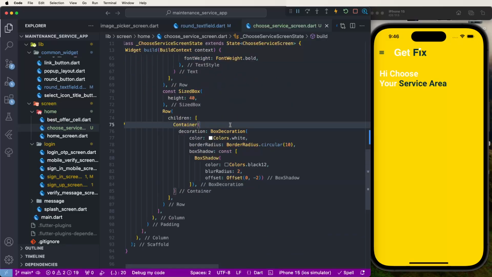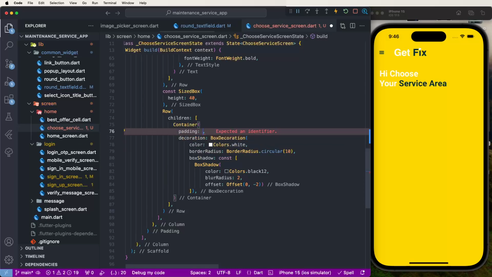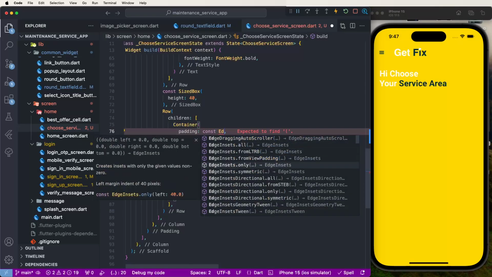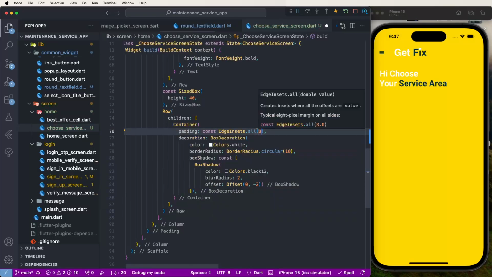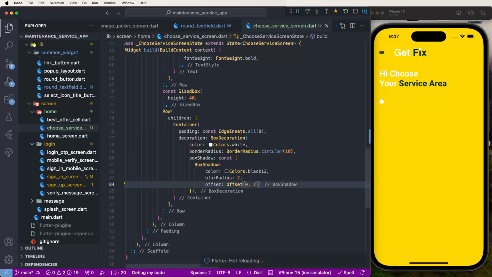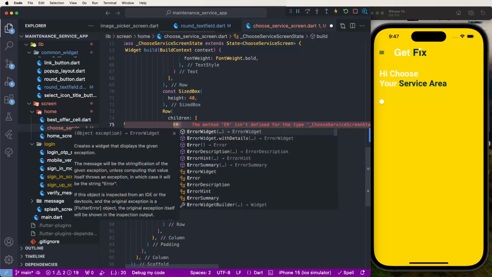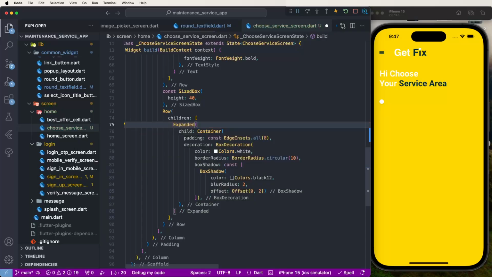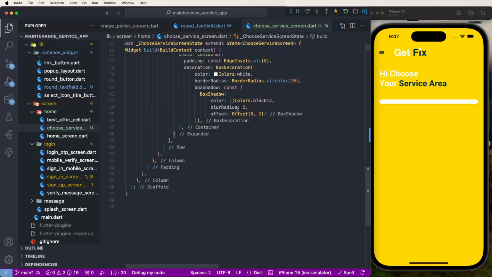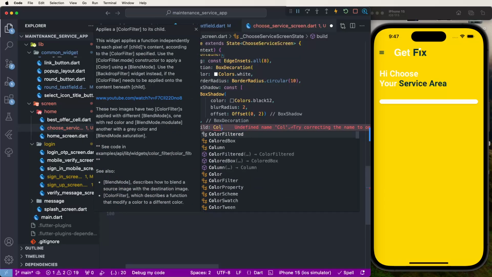Now, for the content inside, we need to give this some padding: const EdgeInsets.all, we need to give this 8 padding like this, and 2 here, and a bottom shadow like this shows. And we need to expand these icons like this. And now we need to create the child, create the column,